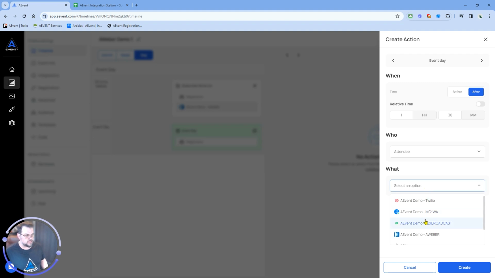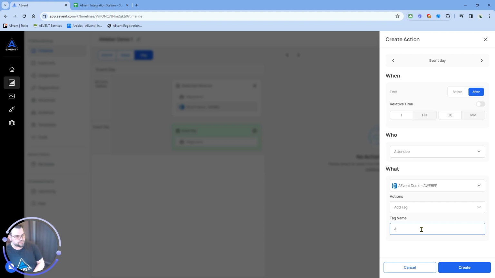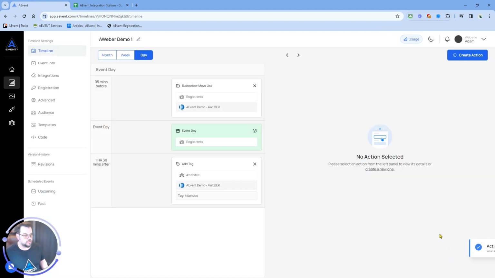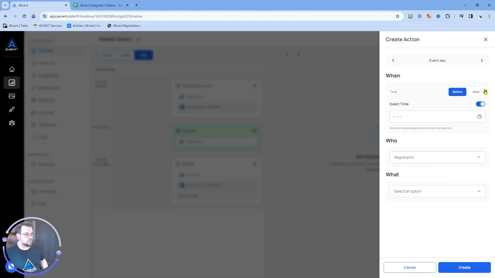You would select the attendees here, and then select which option you want to go. You want to add the tag, and then you can do attendee as the tag. So you know where in the flow that they were, like that there. And then we can do after,